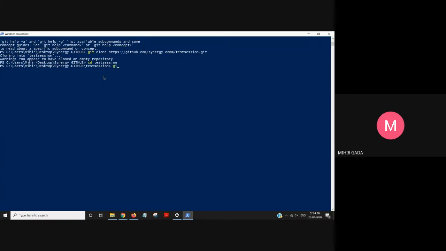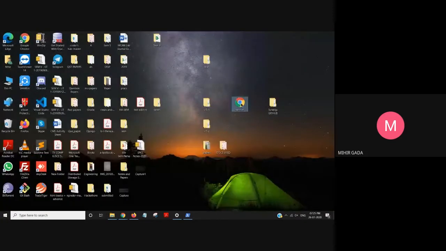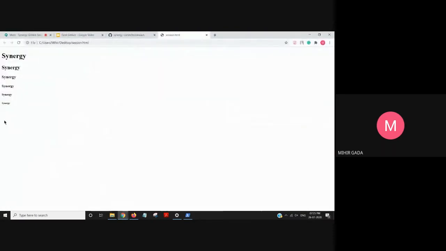Now if I type git status, it checks whether any changes are done in that repository. For example, if you make any mistakes in your repository, the status will keep track of everything. Now my repository is empty and I have not done any changes. So now I will copy an HTML file. When I open this, you can see I have created a sample HTML file.